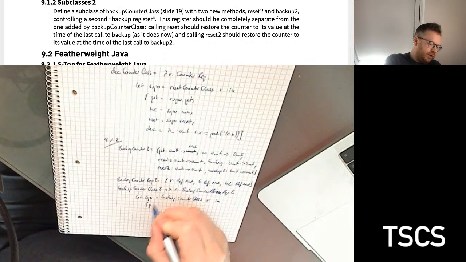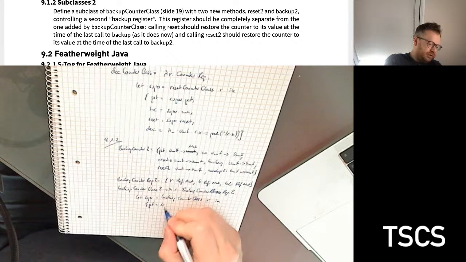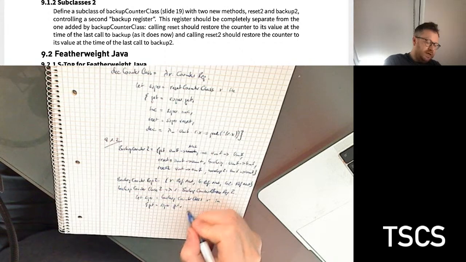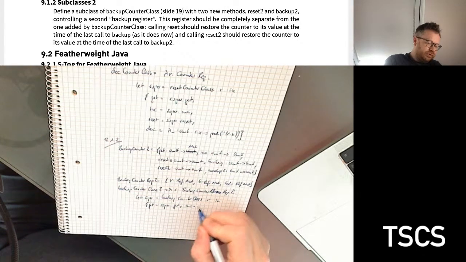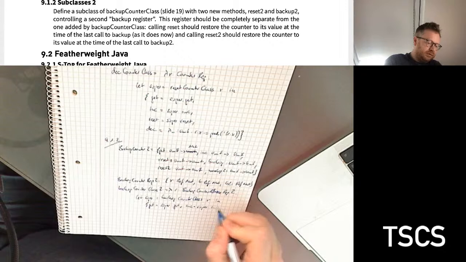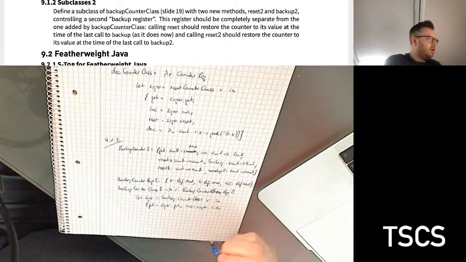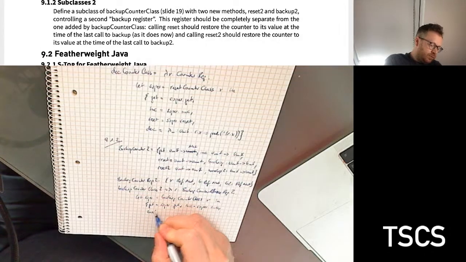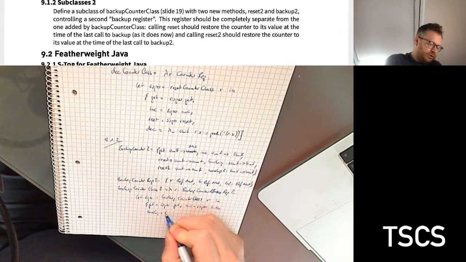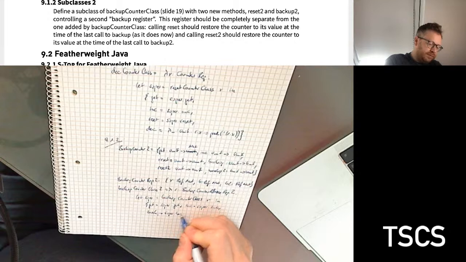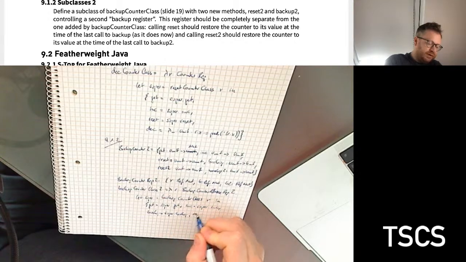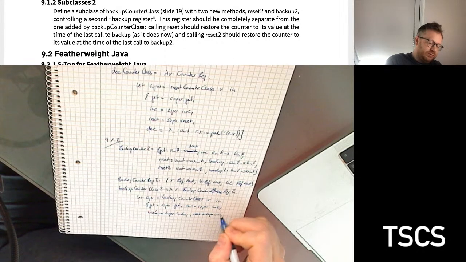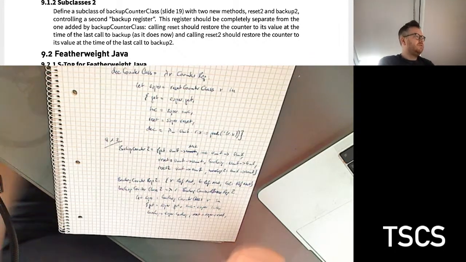So we have the get, which is just super.get, and we have inc, which is just super.inc. No, we don't need that. And we have backup, which is super.backup, and reset, which is super.reset. So we don't change these, but we now have